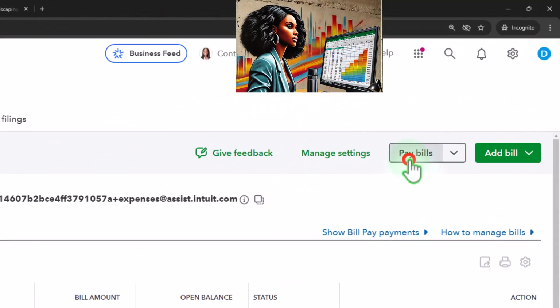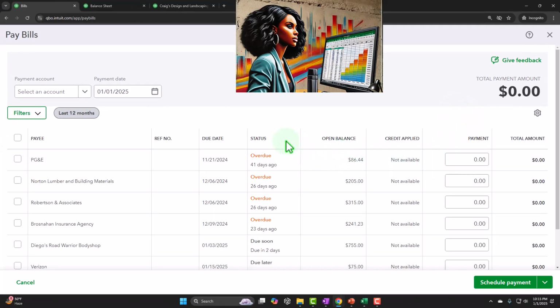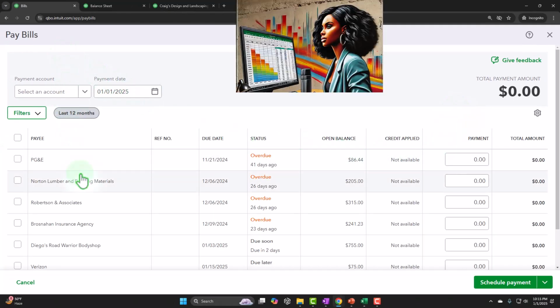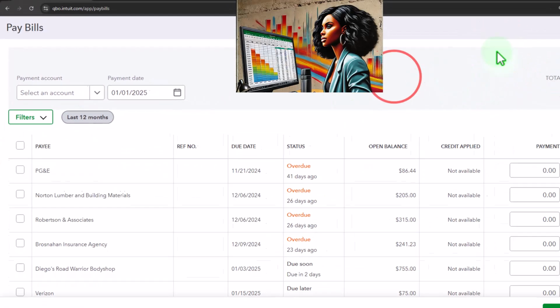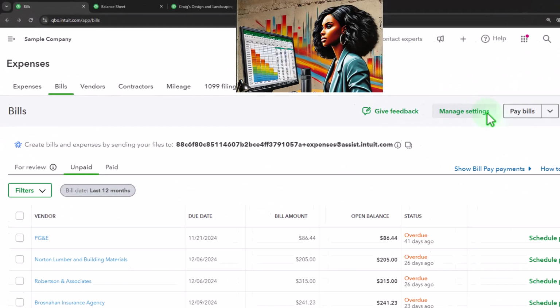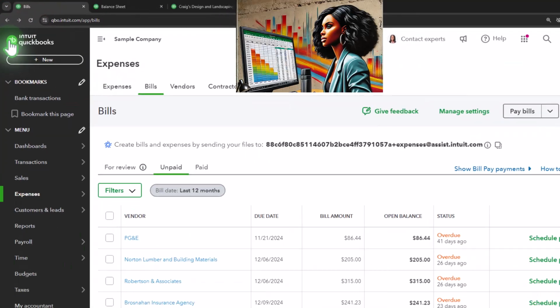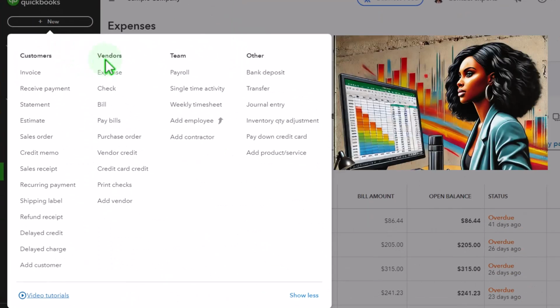Otherwise, you can sort your information here, and then you're typically going to go into the pay bills form, which once again you can find here, which will give you this window. Looks like this. You have a similar kind of layout, similar kind of filters you have up top. You can also find it if I close this out. You can go in there directly once again with the hamburger, the plus button under vendors,